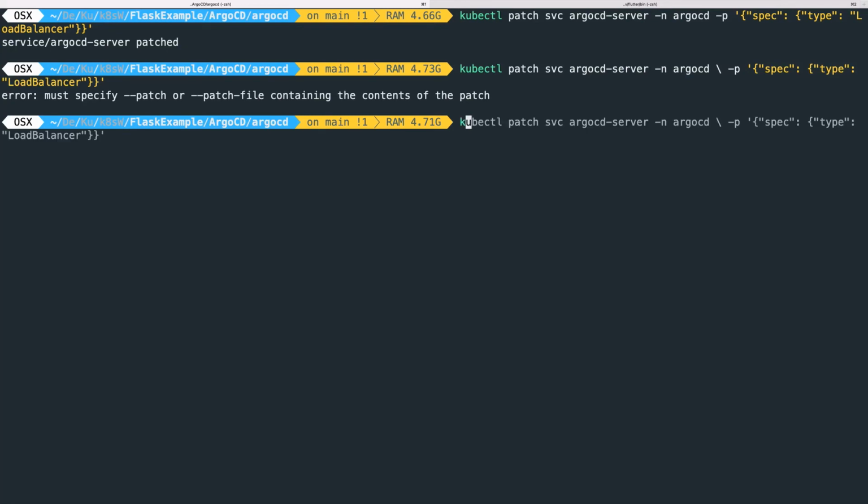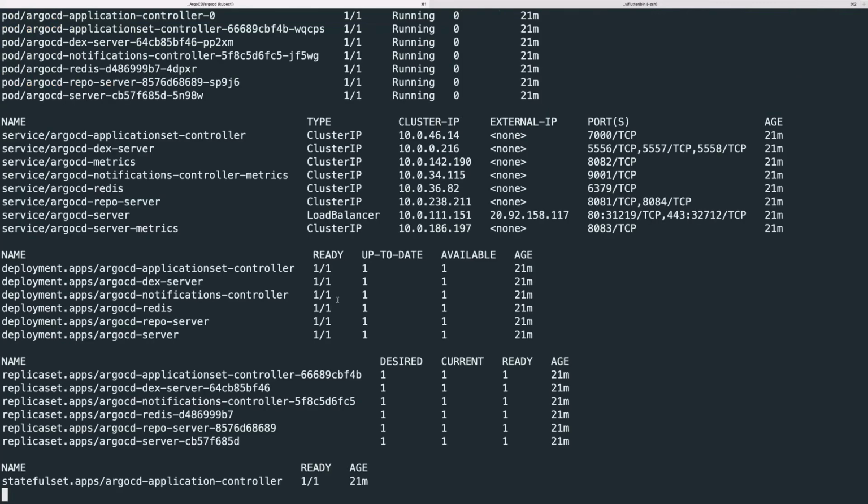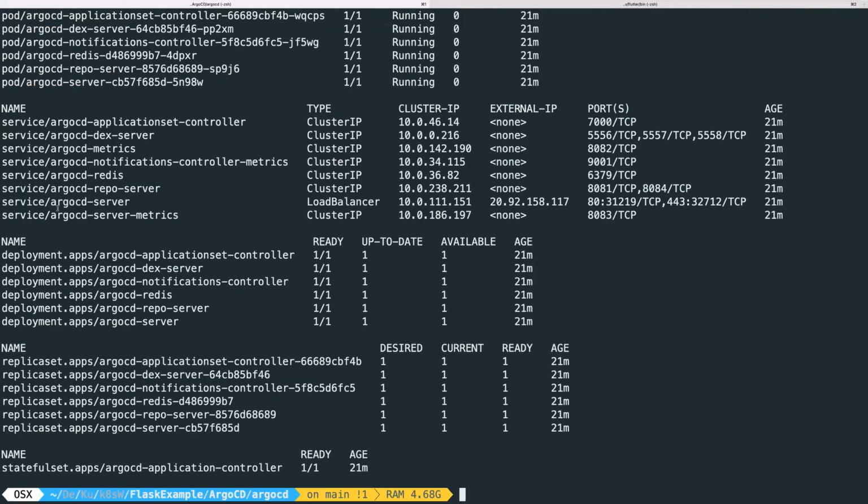So if I say kubectl get all, you see now the ArgoCD server changed from cluster IP to load balancer on this external IP address running on port 80. So I'm going to copy this IP address,